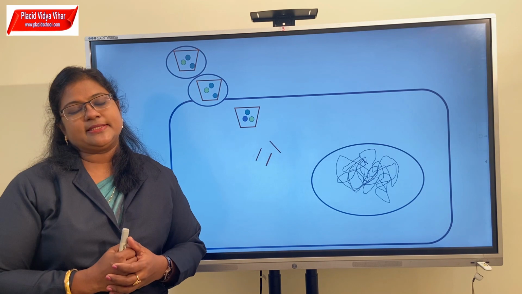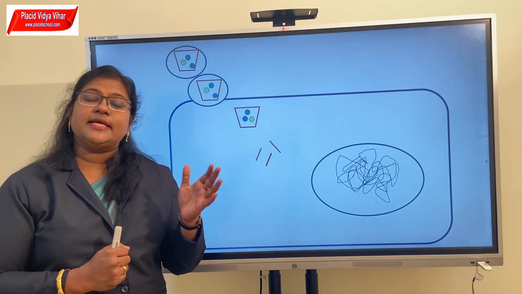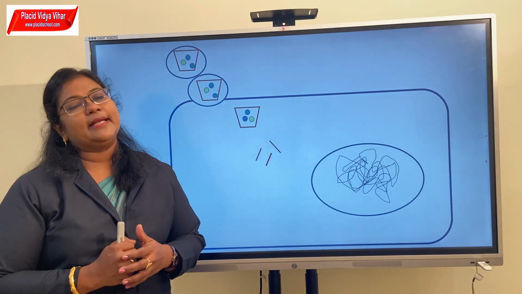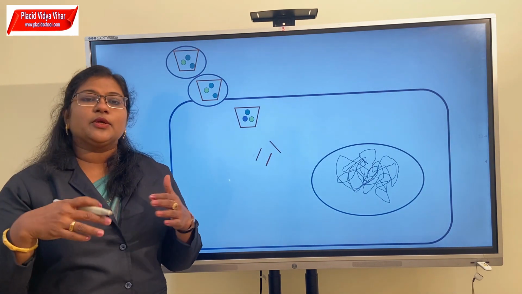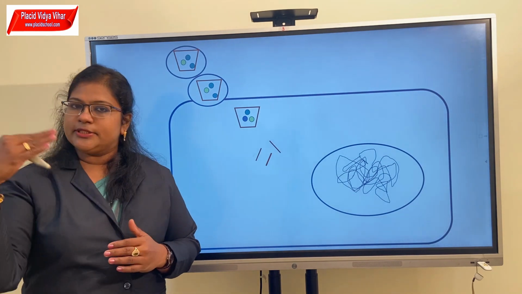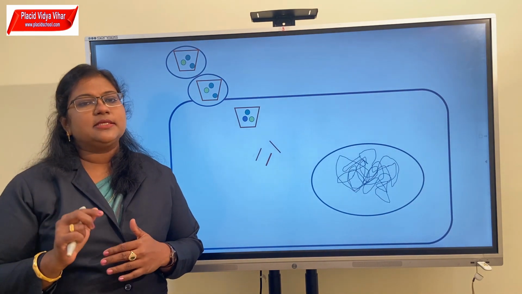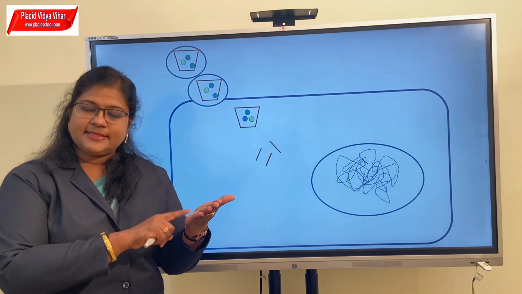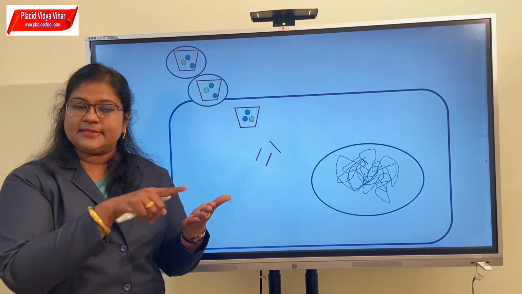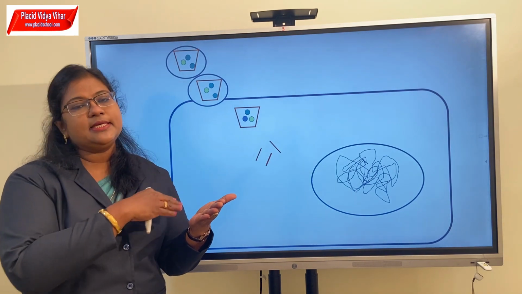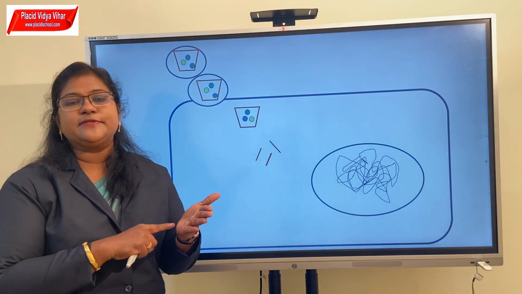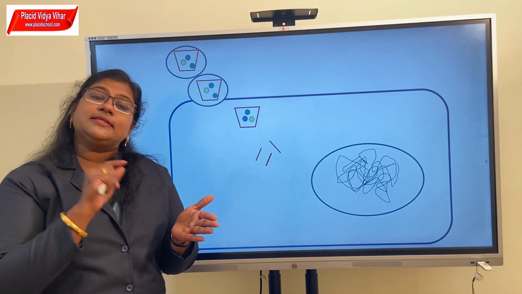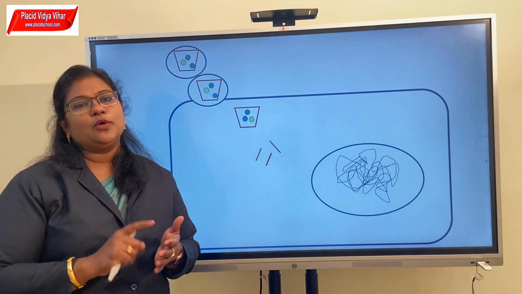Now what is unique to these cells? Why does the virus enter only these cells? To tell you more about this, let us consider an analogy. For example, you are going to watch a cinema. You go to the movie theatre, you take a ticket. And at the entrance of the cinema hall, a person will ask you for your ticket. Once he sees the ticket, he will count the number of persons in that ticket. He will allow you to enter the cinema hall because the ticket gives you a valid entry to the cinema hall.